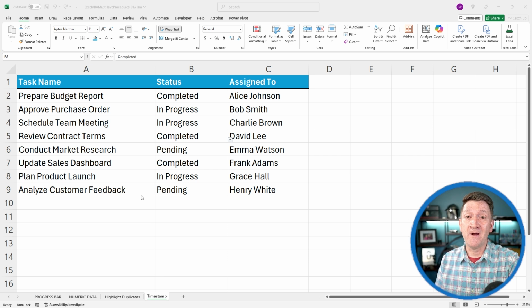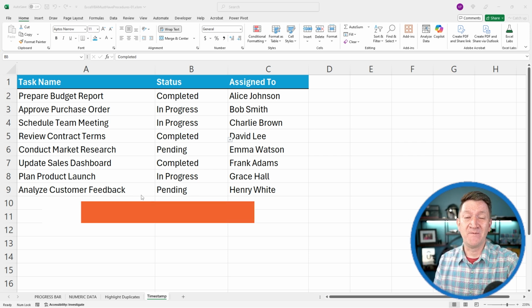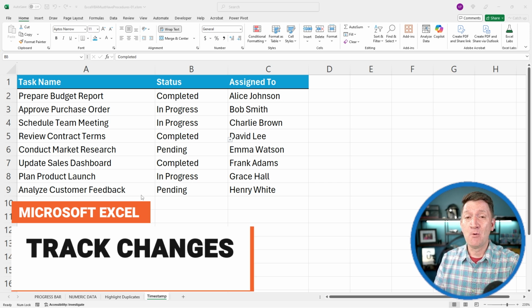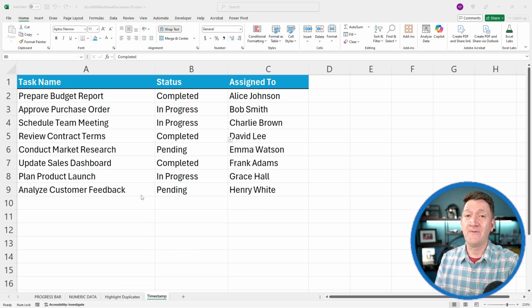The next Excel VBA function is actually two Excel VBA functions. We're going to take a look at how we can automate tracking changes within Excel through a little bit of Excel VBA. So here I'm on the timestamp worksheet, and I've created these two Excel VBA procedures that will create comments based on changes that myself or other users of this document, of this worksheet, make. Take a look. So here I've got a simple table, task name, a few tasks, status, various status, and who